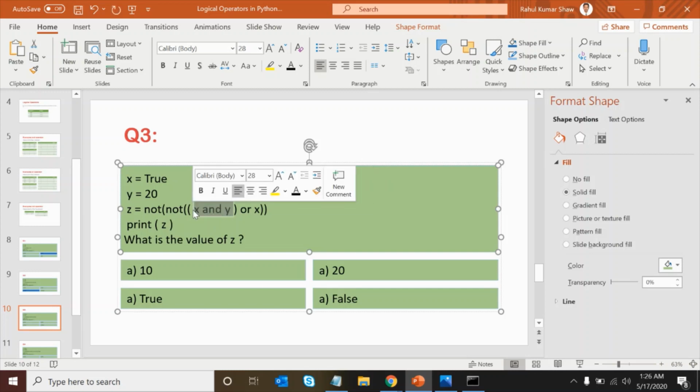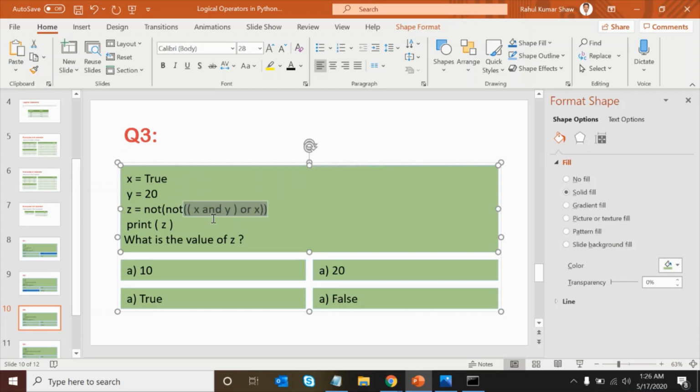So this will return 20, and 20 or x. 20 or true: 20 is enough to tell, because this is the OR operator. By checking the first condition only, we can go ahead. So 20 or true will return 20.